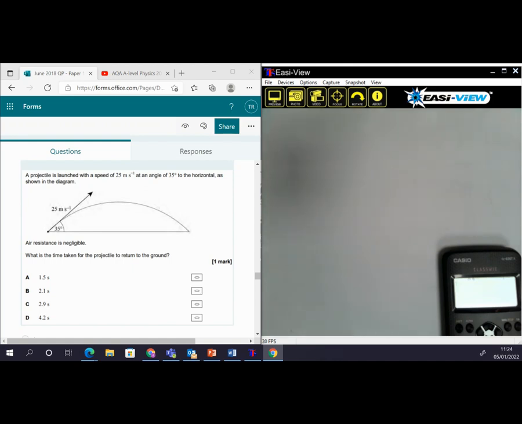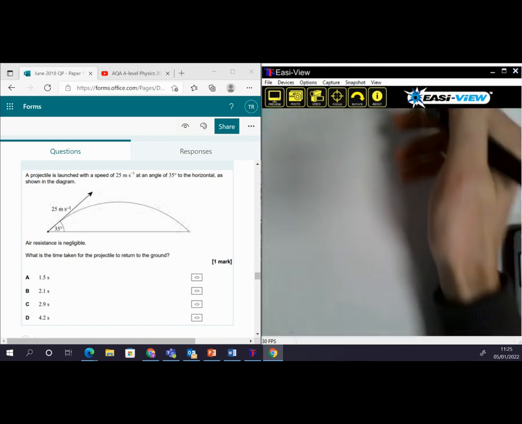This is a standard projectile question where you need to resolve forces and solve for time to work out the time taken for the projectile to return to the ground. So we are given the launch speed, and we can use that to find the time that the object is in the air. So the launch speed we're given is 25 meters per second, and it's an angle of 35